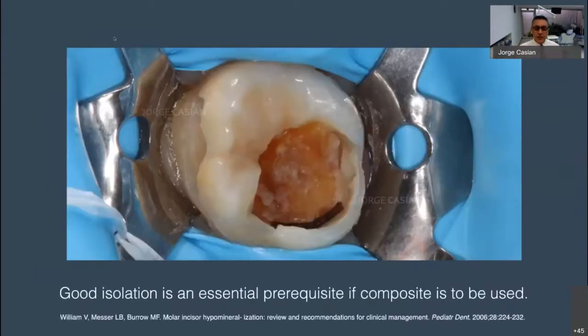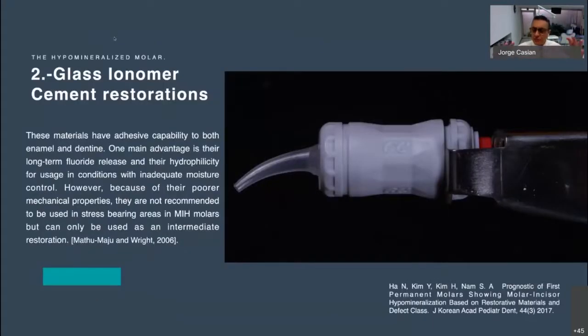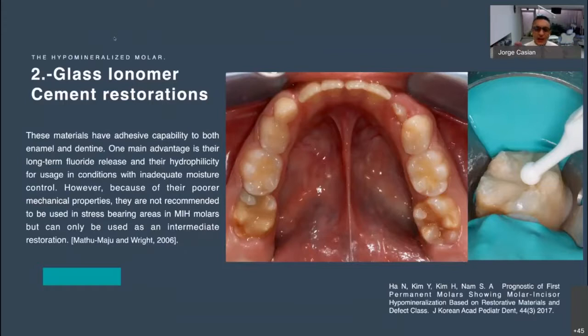So the key is rubber dam isolation to control humidity and extending a bit the margins of the preparation into hard enamel. Number 2, with glass ionomer cement restorations, with good but sometimes an erratic clinical performance on a medium term,